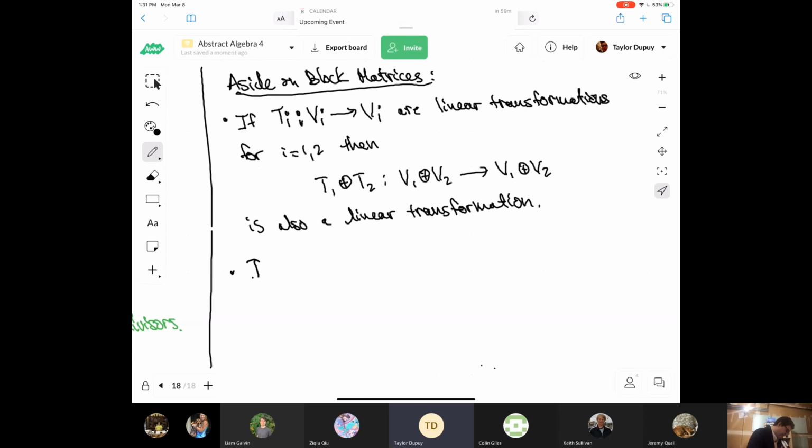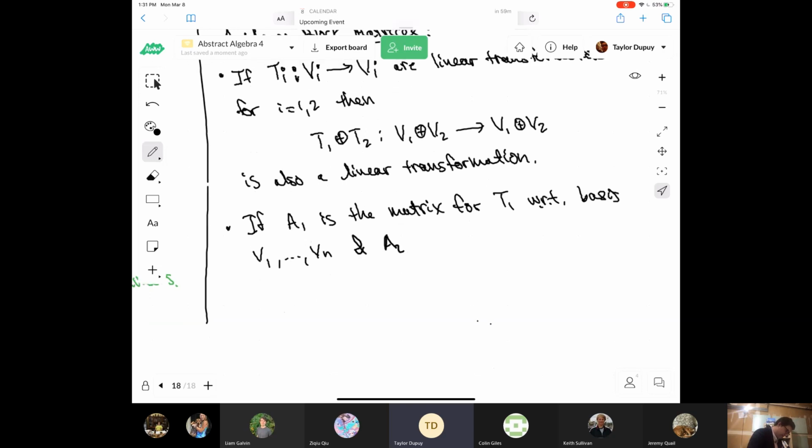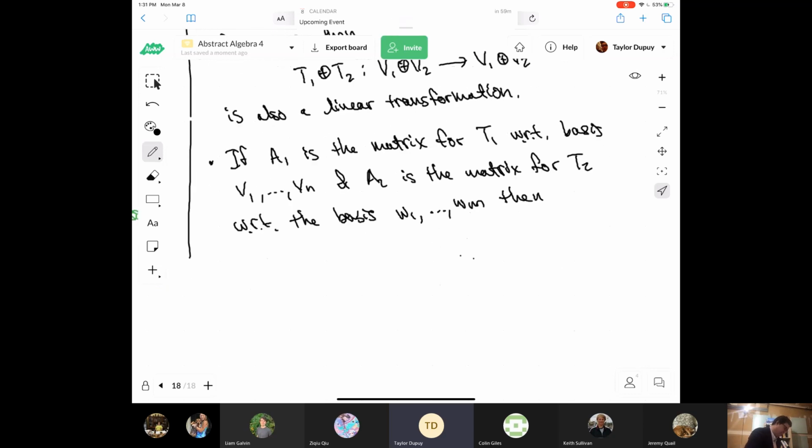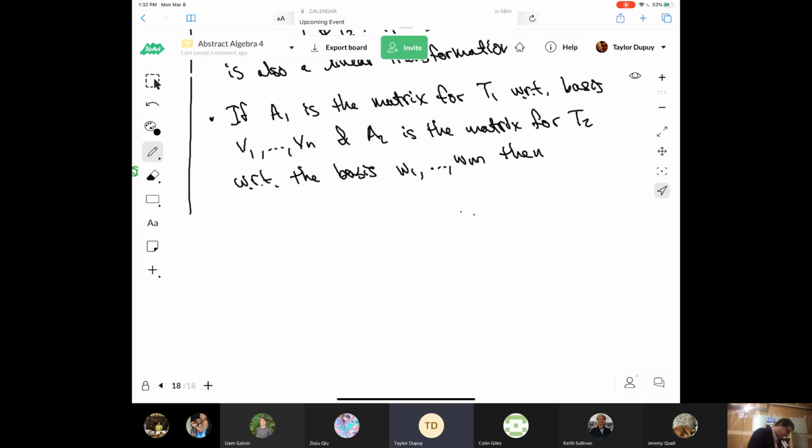If A1 is the matrix for T1 with respect to the basis, let's say V1 through Vn, and A2 is the matrix for T2 with respect to the basis, let's say W1 through Wm, then A1 direct sum A2, which is this matrix,